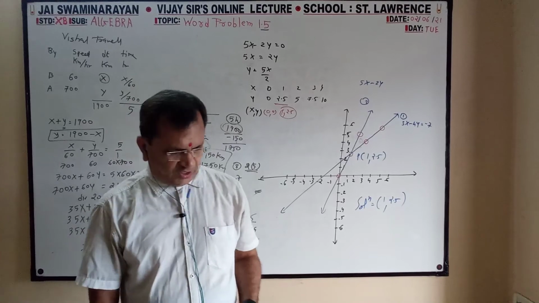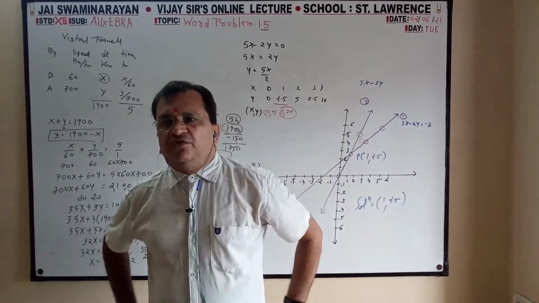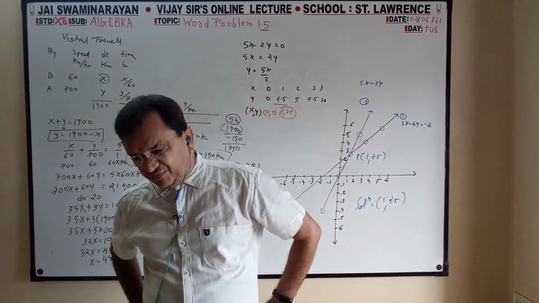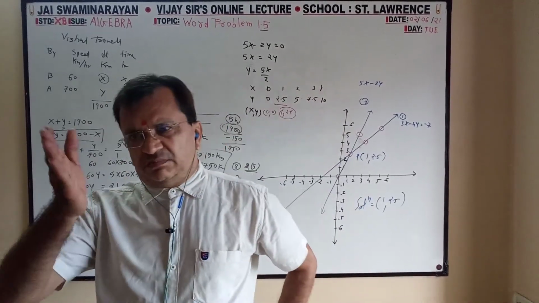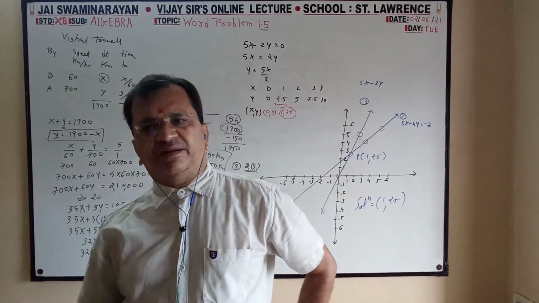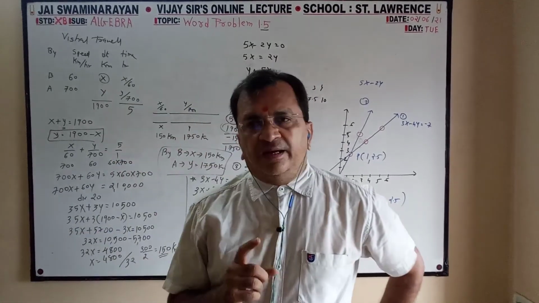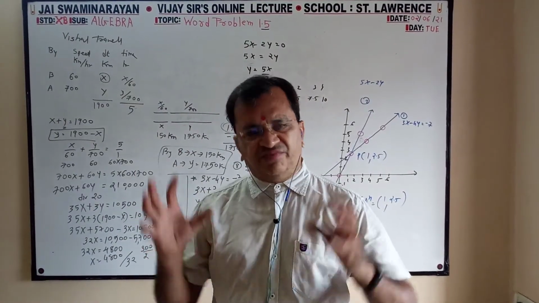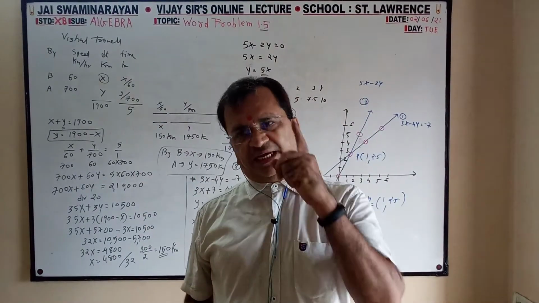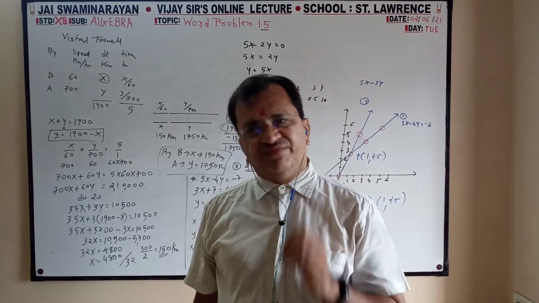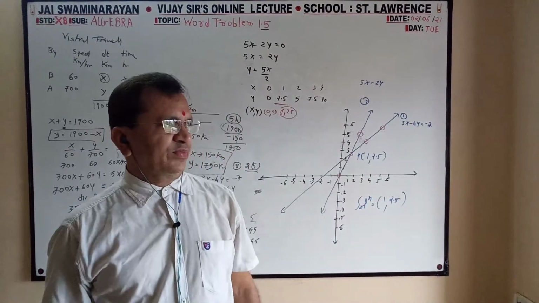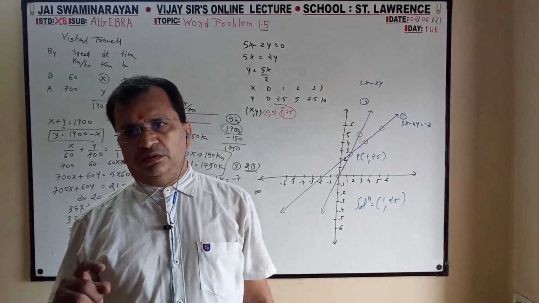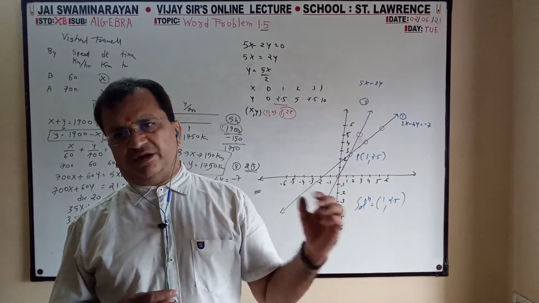Five topics of this chapter we have completed. Tomorrow we will complete science 1 first chapter, because half part I have done, half part remains. Thursday, then Friday, all the theorems which are already given in the form of solution, I will explain on the board with reason and with the diagram. Only the theory part, chapter number 1. So today I have completed algebra, all the topics.